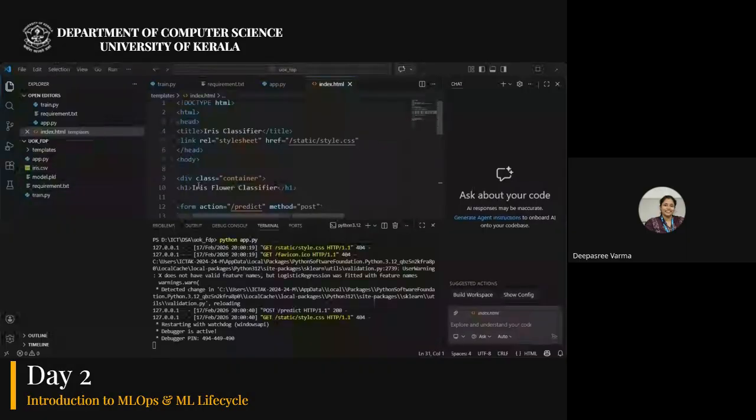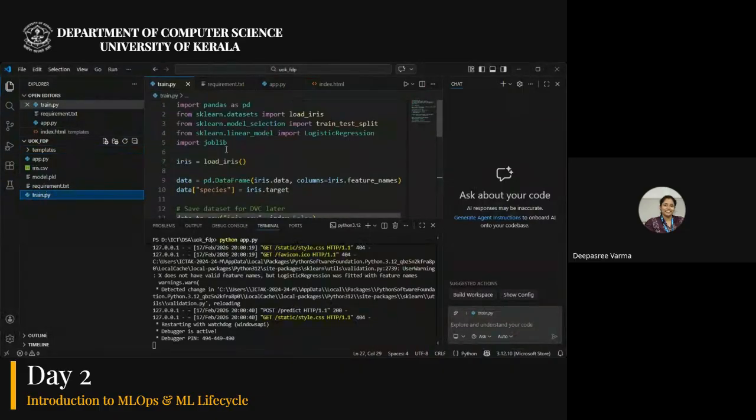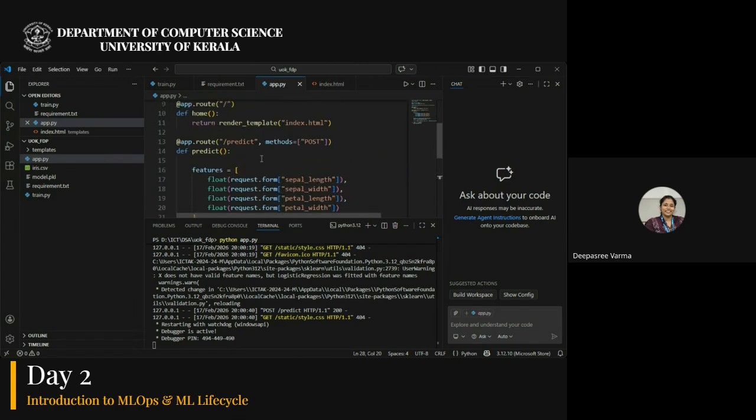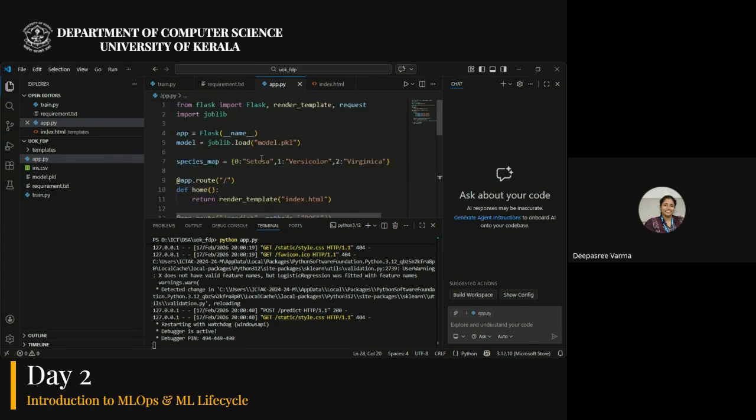You just create a folder, and I have shared a Colab file inside which, in each cell, there are 3. In the first cell, there is train.py. You can just copy the content from that cell and paste it here. The next cell contains app.py, again code for deploying it using Flask. And like in Django, also in Flask we have a few frameworks to be followed. It's like a few templates, a few things to be followed.